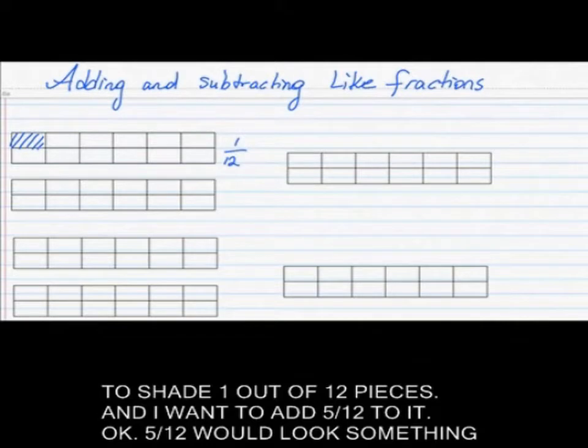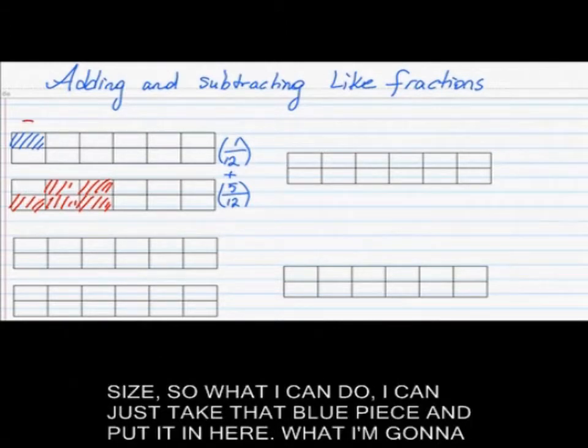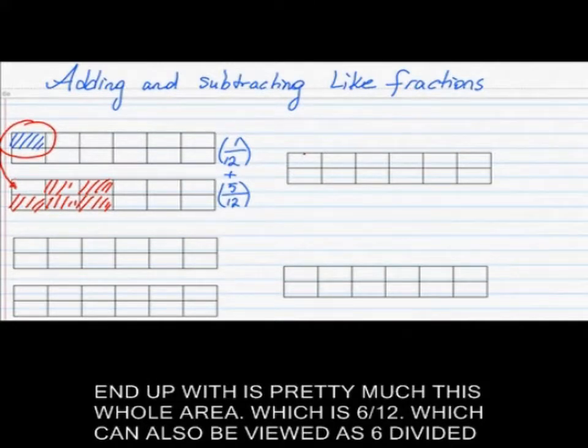And I want to add 5/12 to it. Okay? 5/12 would look something like this. 1, 2, 3, 4, 5. Now, when I add 1/12 and 5/12, every piece is the same size. So I can just take that blue piece and put it in here. What I'm going to end up with is this whole area, which is 6/12,